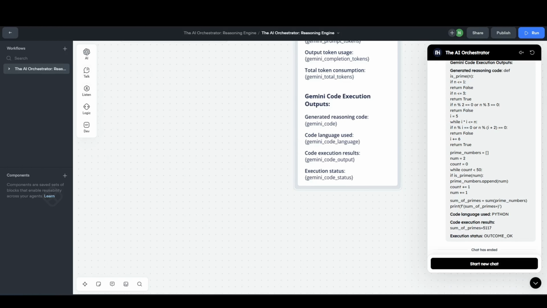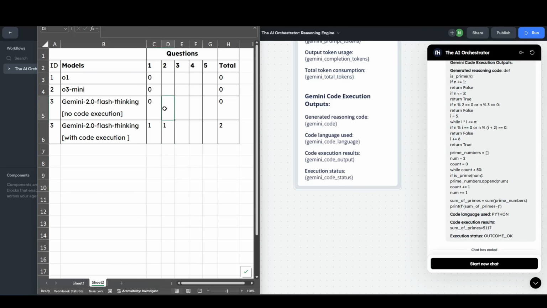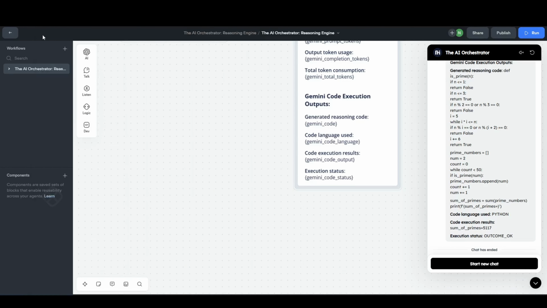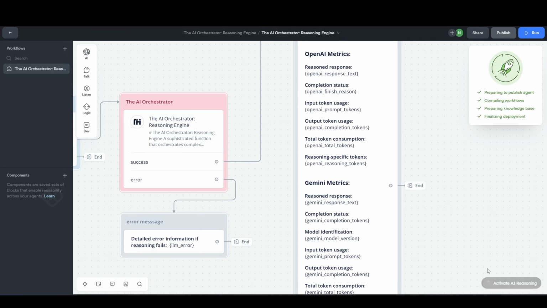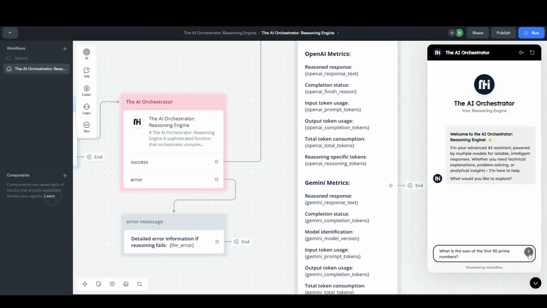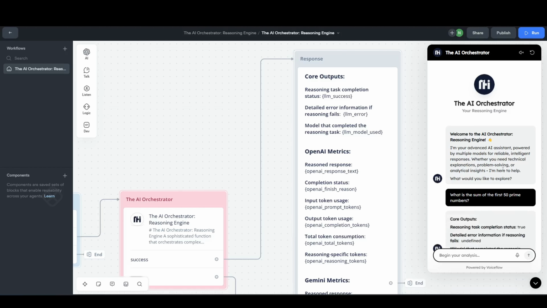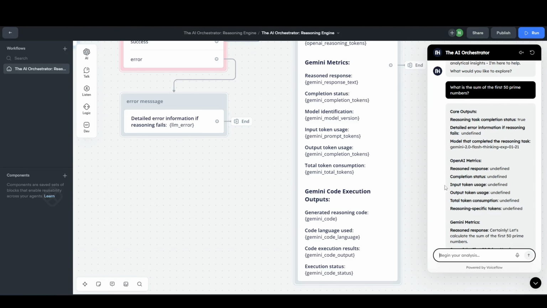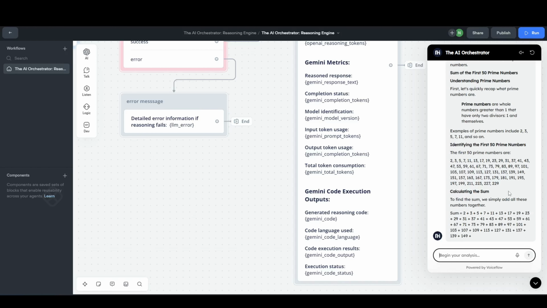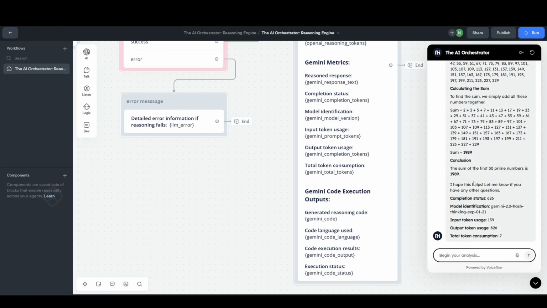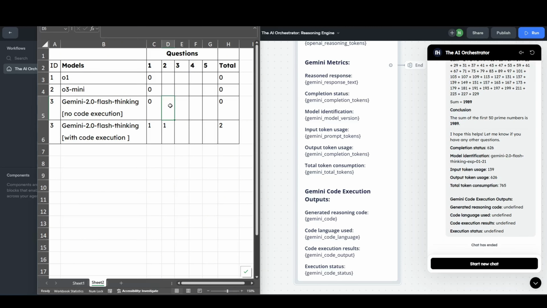So Gemini is leading. The next one is the 2.0 no code execution. So it got it wrong, and that's because it's using no code execution. So we give it 0.